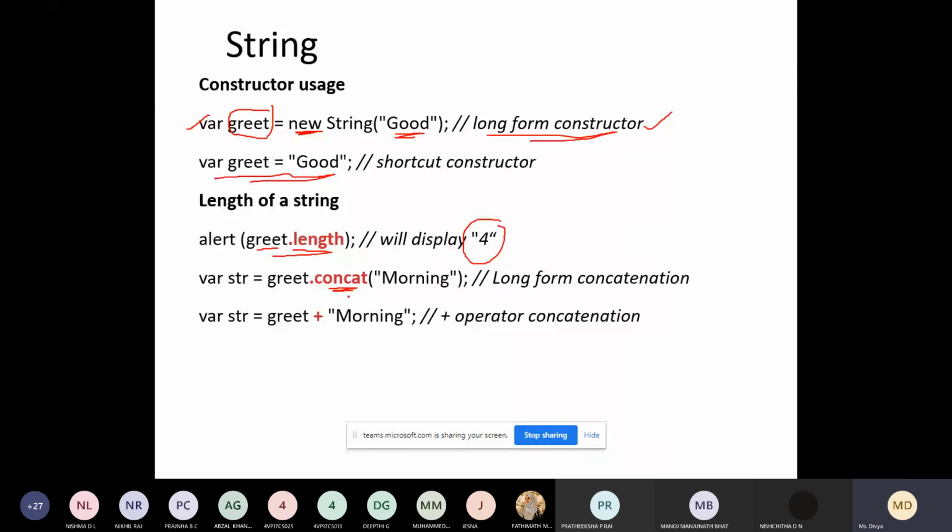This will add the string morning, appending it to the end of the string good, so it will become good morning. Greet already has good, plus morning. So now str has not just good or morning, it has both strings, good and morning. This is one more way of concatenating or adding strings.